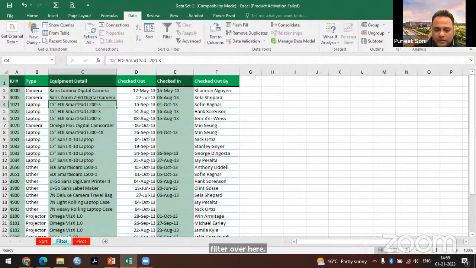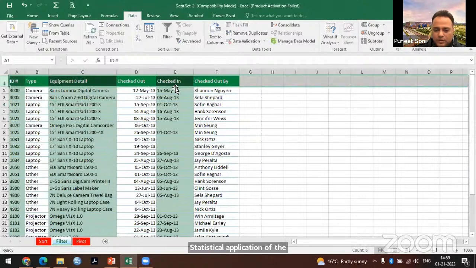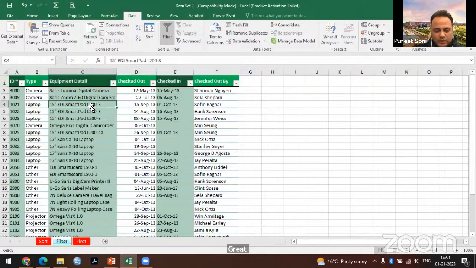So how we can apply it? You need to select your top row, that is your header row. Select your top row, apply a filter on it. Now you can see the filter has been applied in each and every column where the data is available, right? Okay. So moving on,